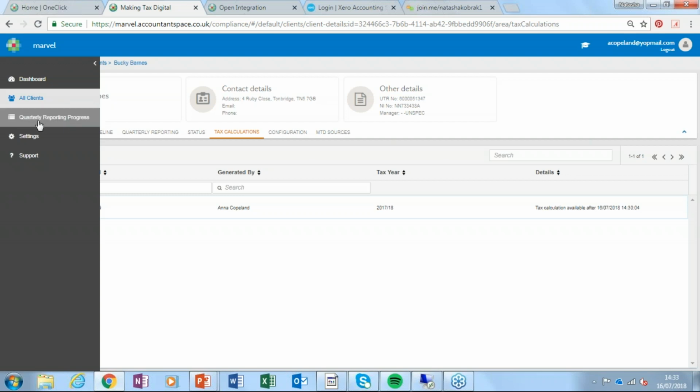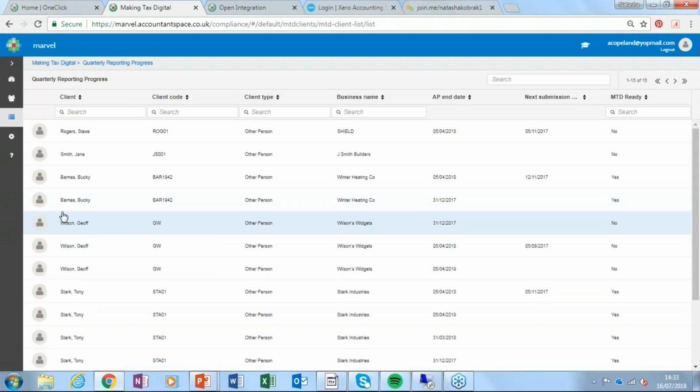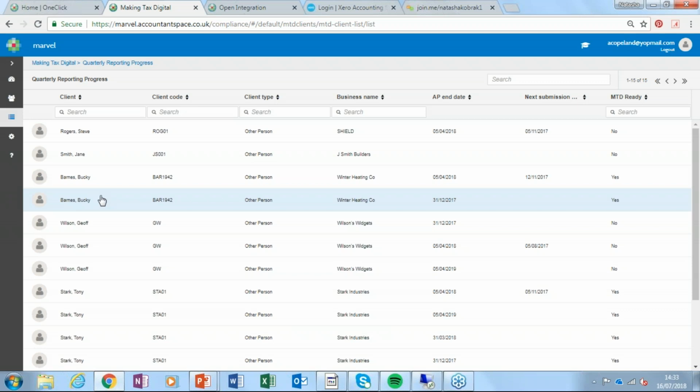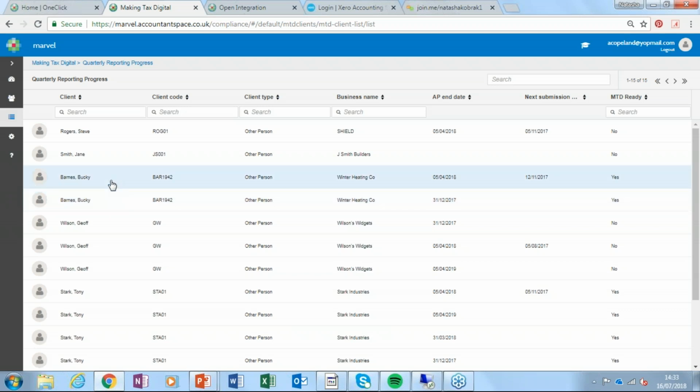The additional one that we've not looked at is the quarterly reporting progress area. If I click on that one, what this will do is show businesses in respect of Making Tax Digital. So for example, if we look at Bucky Barnes, who I set up earlier,